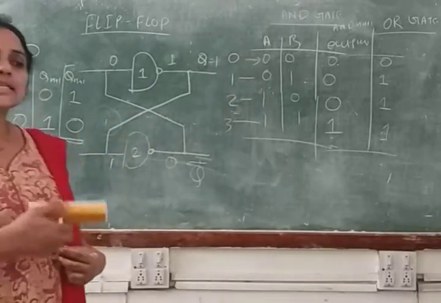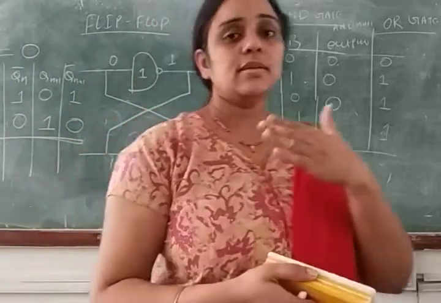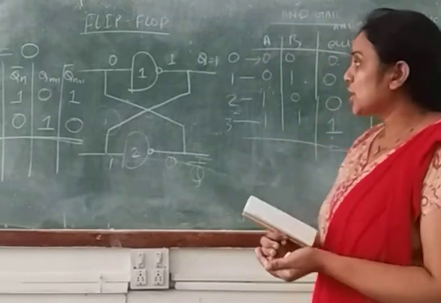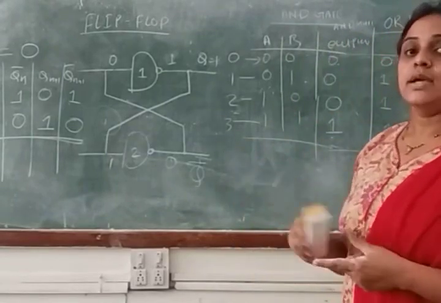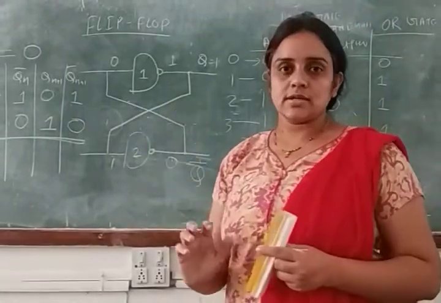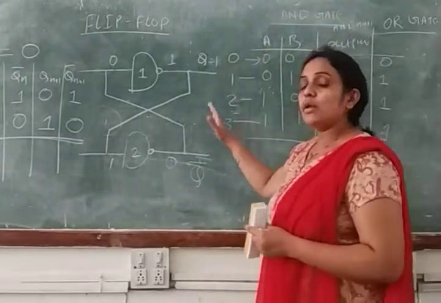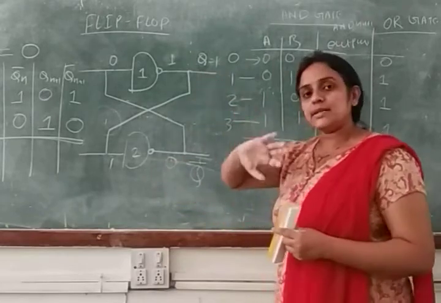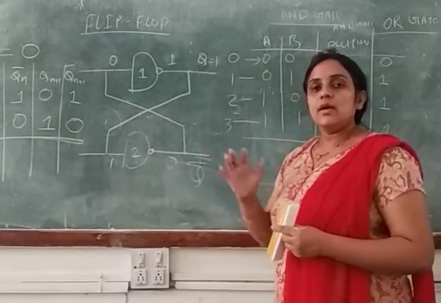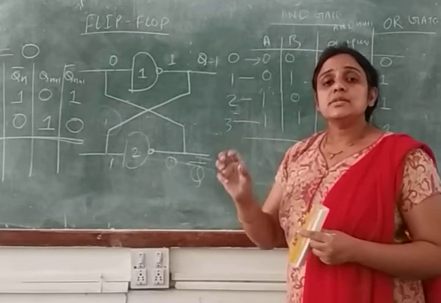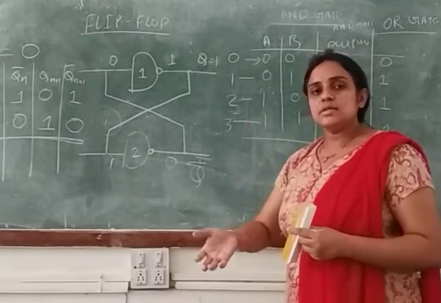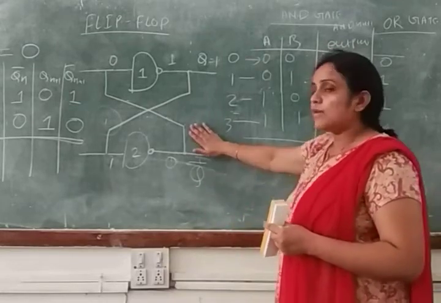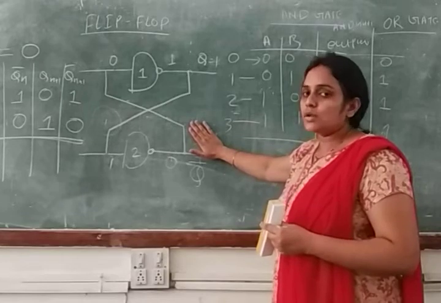But what is the disadvantage of this flip-flop? This is the basic structure of your flip-flop, but what is the disadvantage of that? The disadvantage is that we cannot provide desired input to that circuit. We can assume only 0 or 1. If we are assuming 0, then we will get 0. If we are assuming 1, then the next state output we will get is 1. But we cannot give desired input. If we are not providing desired input, then definitely we will not get the desired output. And that is the big disadvantage of this cross-coupled inverter flip-flop.